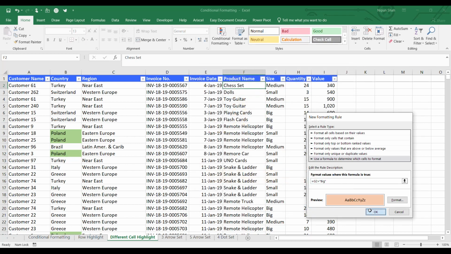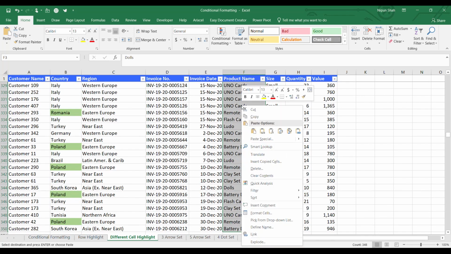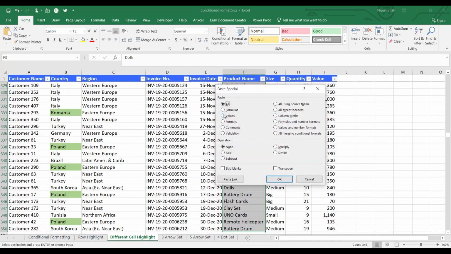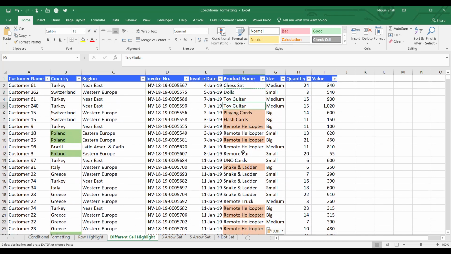Okay. Copy, select all other cells, go to paste special, formats. All the products having size big are highlighted. Let us check if this is big, then yes, and if this is not big, then no.